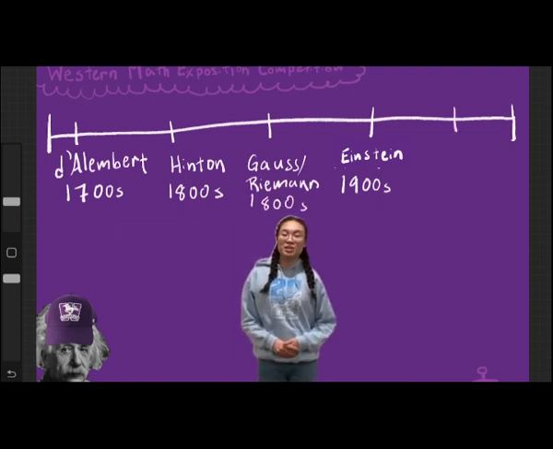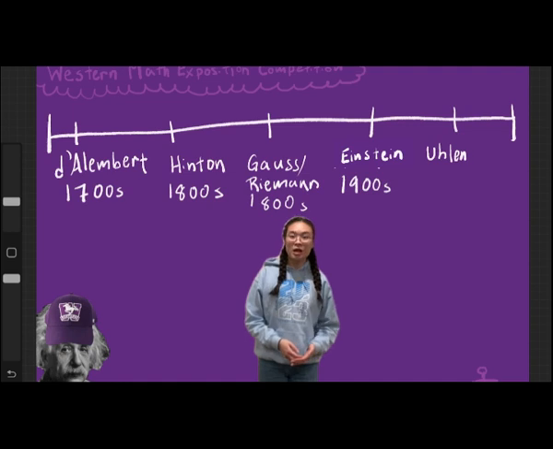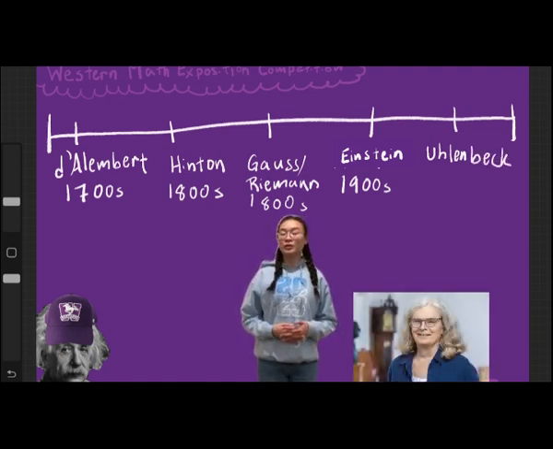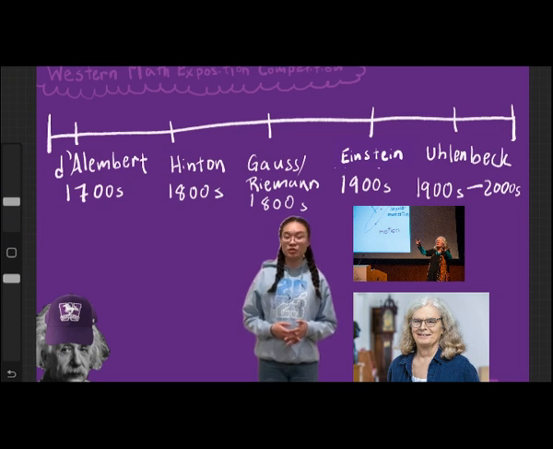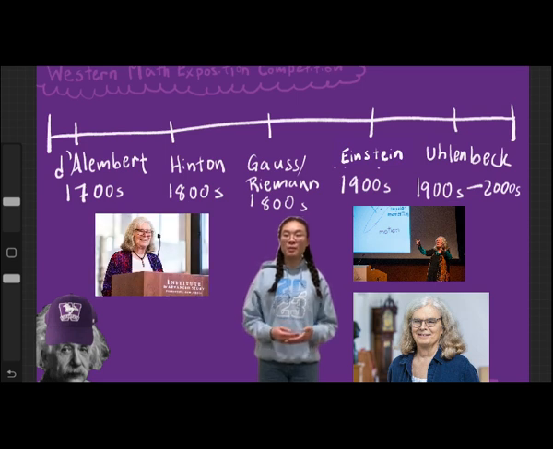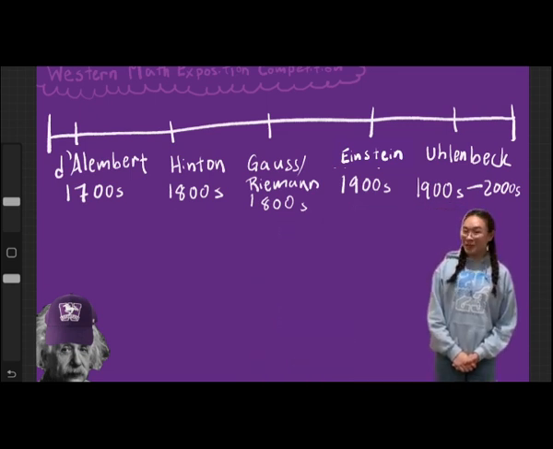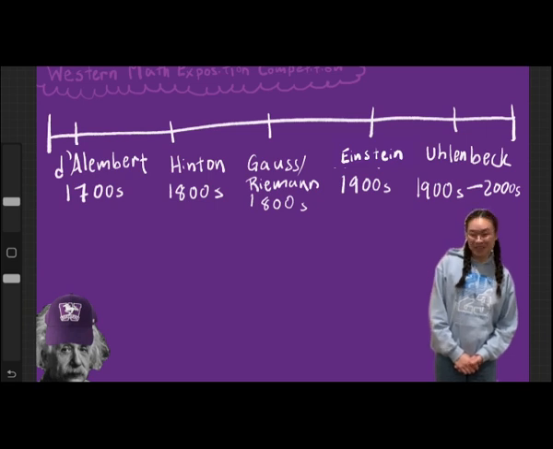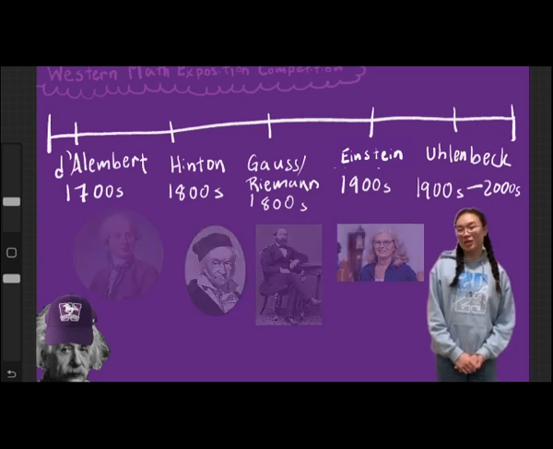There are many modern mathematicians who are still finding out more information about the fourth dimension and fourth dimensional geometry. One example of this is Carol Uhlenbeck, who is a female mathematician who studies physics and math and bending surfaces and how it connects the fourth dimension and other types of geometry. She's an important figure in the current math world because she inspires a lot of young women to go into the math field and pursue STEM, and she advocates for more women becoming mathematicians. In all, although the fourth dimension is not visible to us three-dimensional beings, it continues to fascinate mathematicians in the past and mathematicians in current modern day.